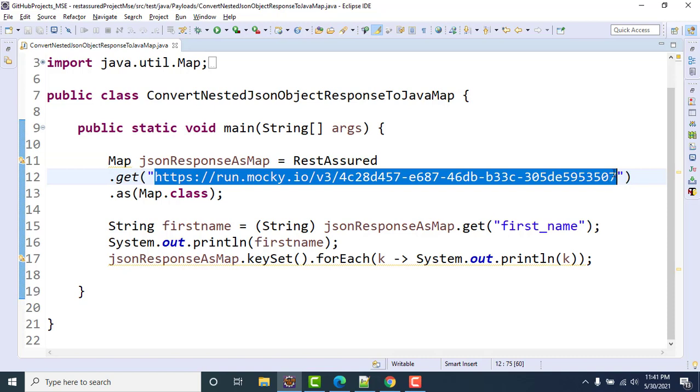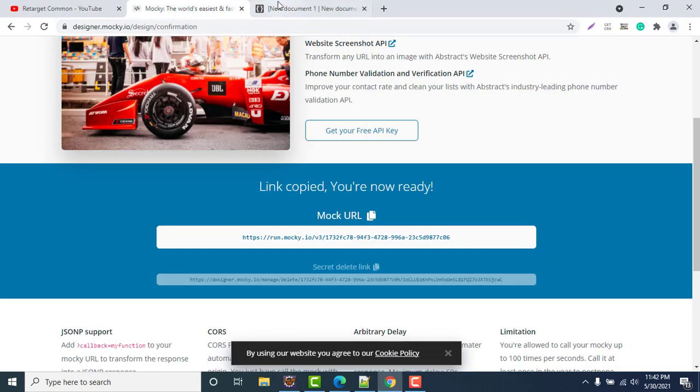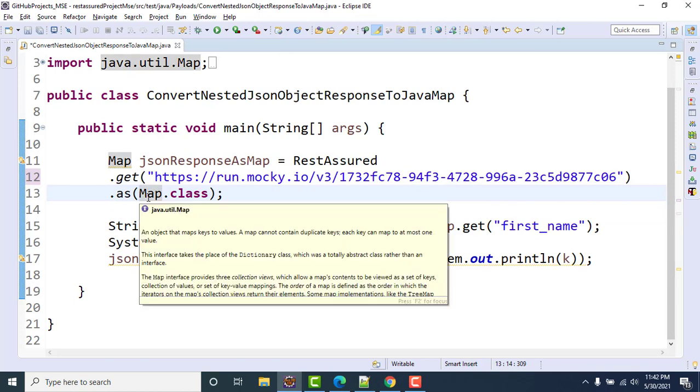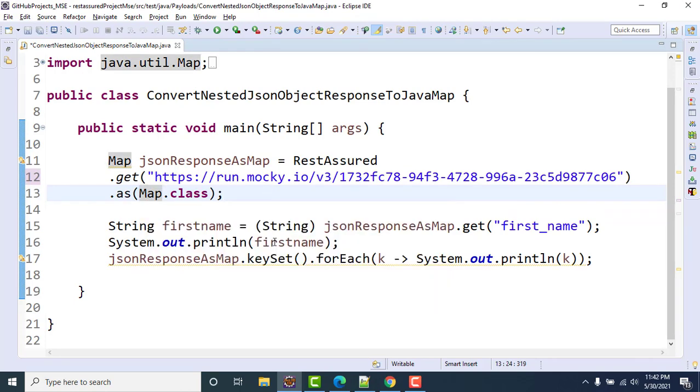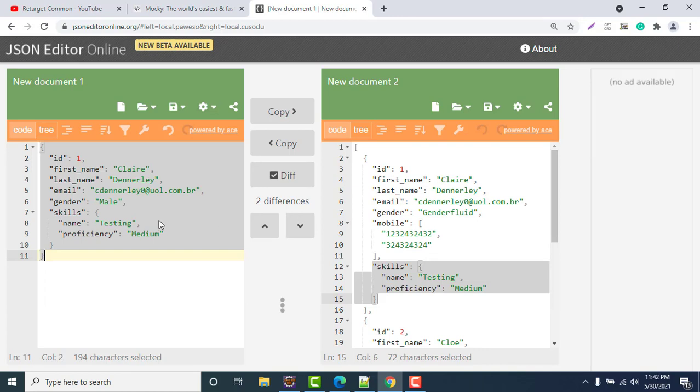When you get this type of nested JSON object, there's nothing to worry about. You always need to use the same thing, map dot class. But suppose I want to get the value of name. Before getting the value of name, first you need to get this key, right?